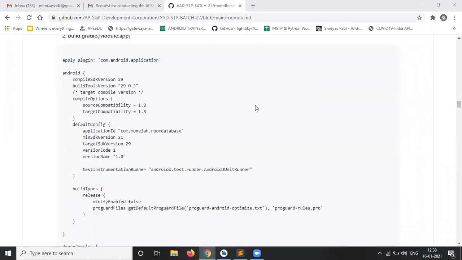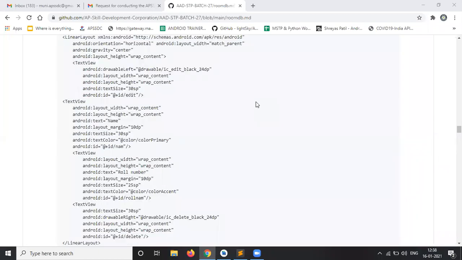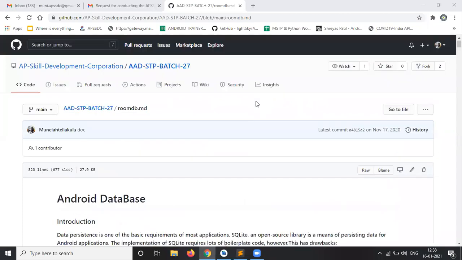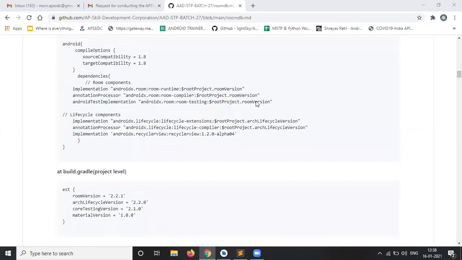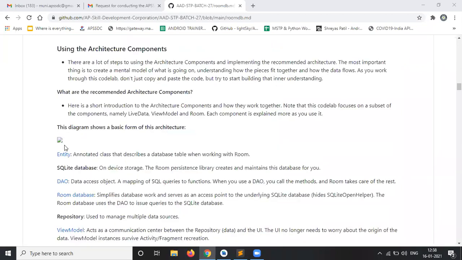I will show you one more architecture. Where is it? The main architecture is not displaying here. I will open this entity tab.